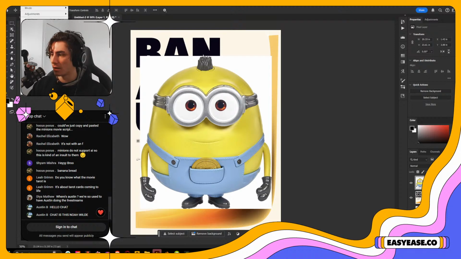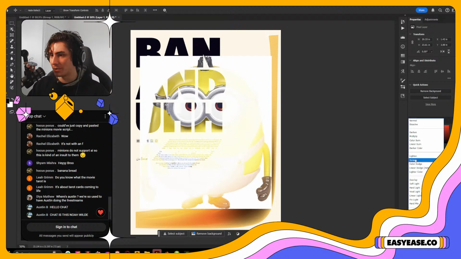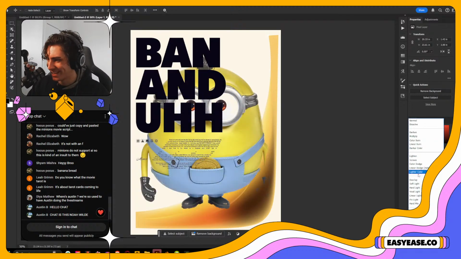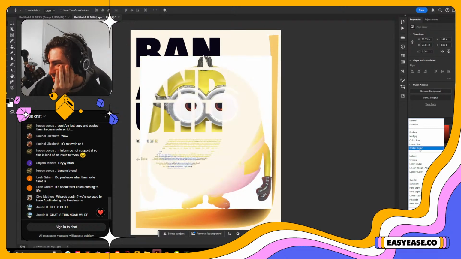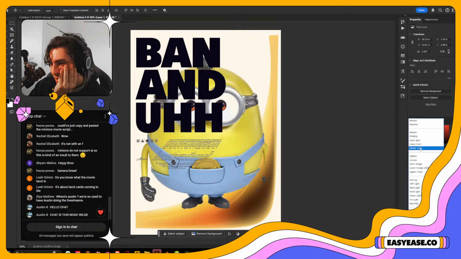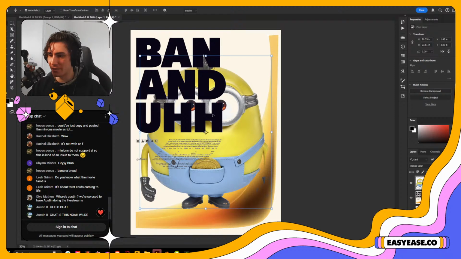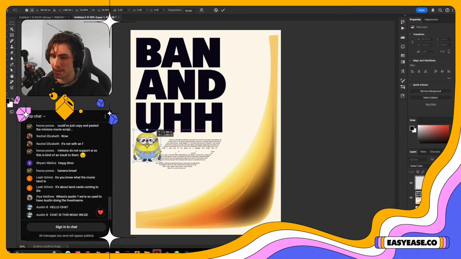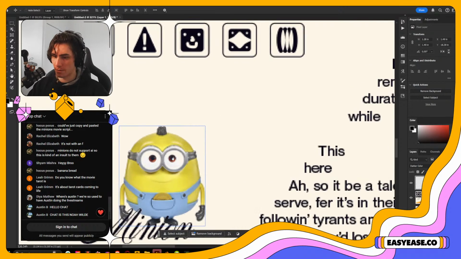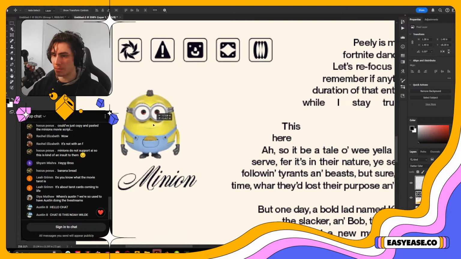We can actually just set him to blending. Darker color is kind of a fun blending mode, just in general. I'm gonna grab that, make him real small. Where should he go, do you think? Maybe I'll put him here. But I'm gonna do some silly things to him real quick.